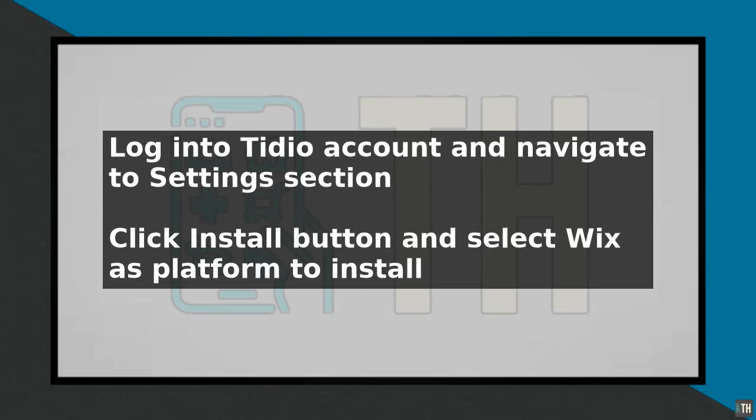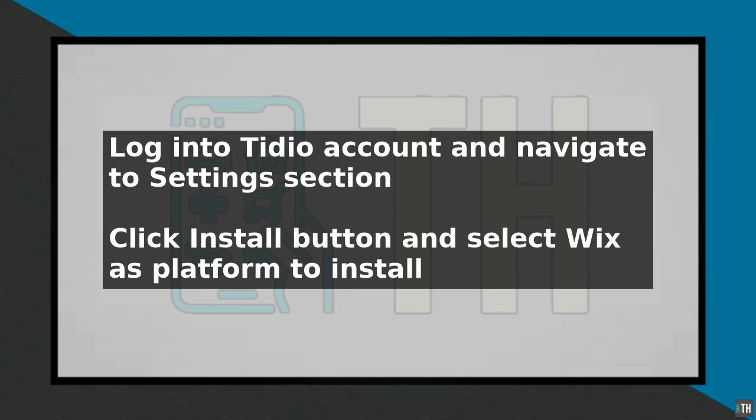To install Tidio Live Chat on your Wix website, start by logging into your Tidio account and navigating to the Settings section. From there, click on the Install button and select Wix as your platform. You will then be prompted to enter your Wix website URL and click Next. Tidio will then provide you with a script to add to your Wix website, which will enable the live chat